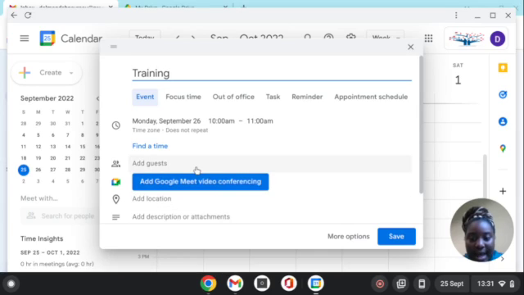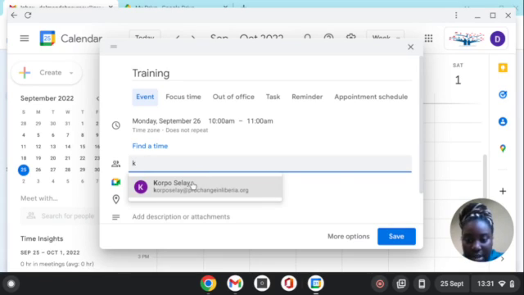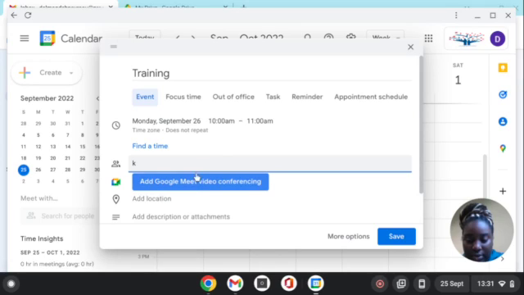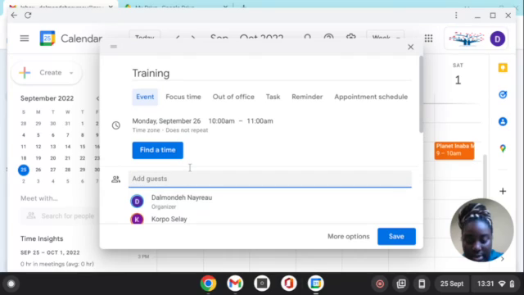You can add your guests here. You just need to put in people's emails. For this, I'll do Miss Soleil and Mr. Jabo. Once you've added your guests,